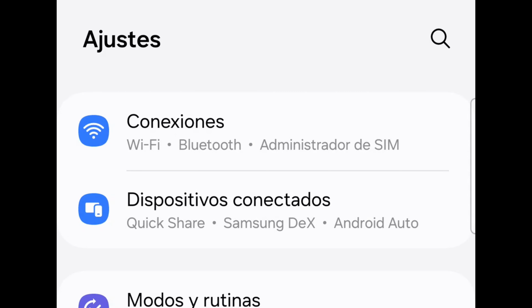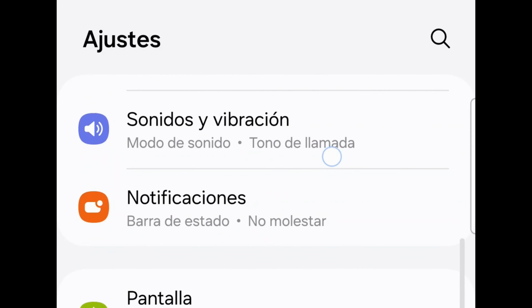Let's go down a little further, okay? Look, a little speaker icon. You've seen it in your settings before. You know it means something about sound. So when you see sonidos y vibración, you already know due to the context that it's something about sounds.